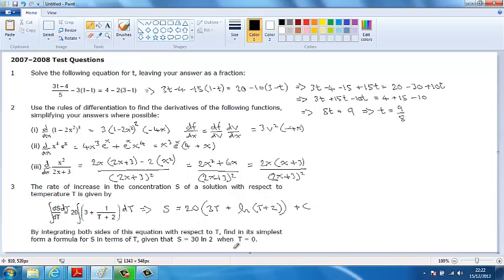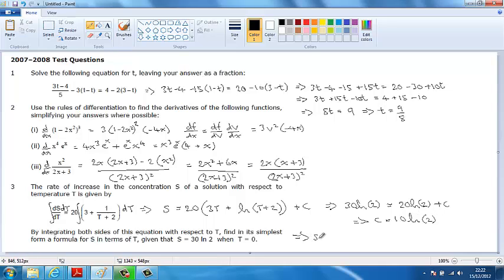Then we can make use of the initial condition that says when s is 30 natural log of 2, so we replace the left hand side s with 30 natural log of 2. That's when t is 0. So on the right hand side we end up with 20 times, in brackets, 0 plus natural log of 2, plus c, and therefore c is 30 natural log of 2 minus 20 natural log of 2, so 10 natural log of 2,